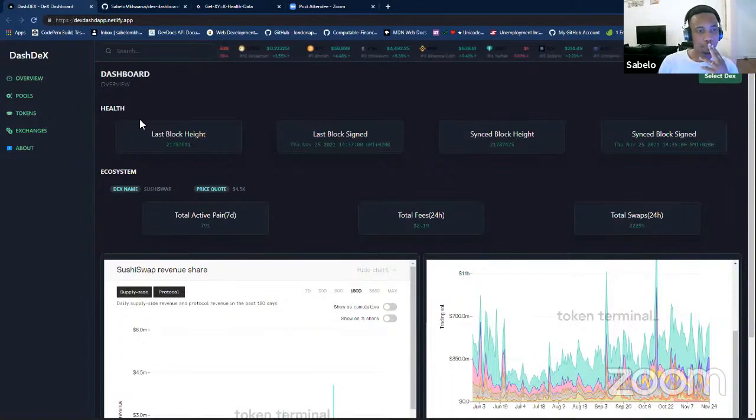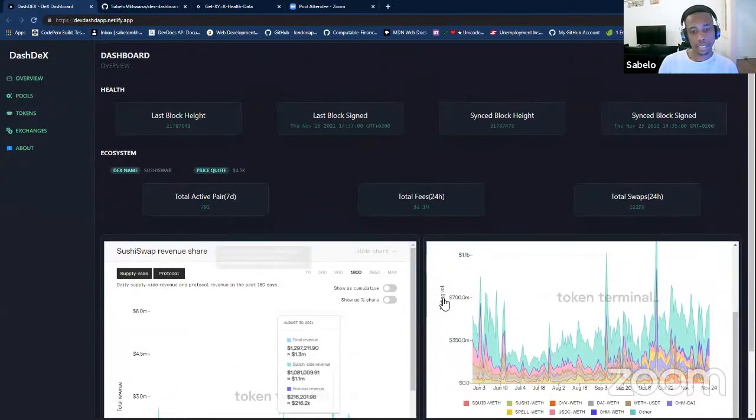Then I used the health endpoints, putting them on the components, because most of the project is built on components. This health section is a component on its own, and this ecosystem section is a component of its own.